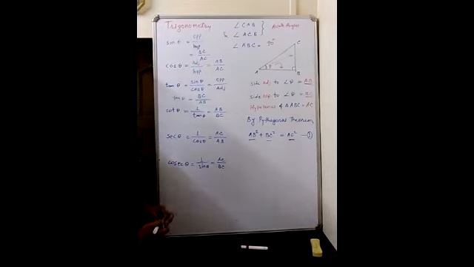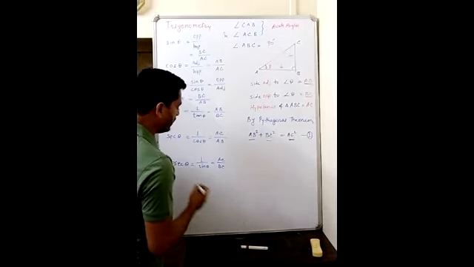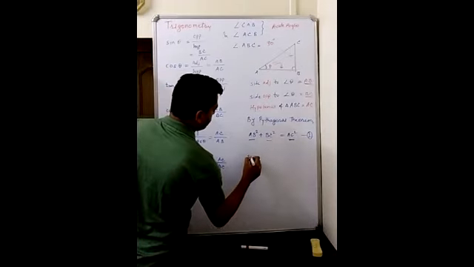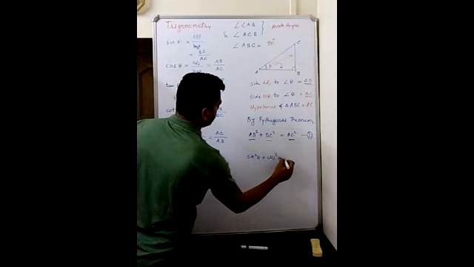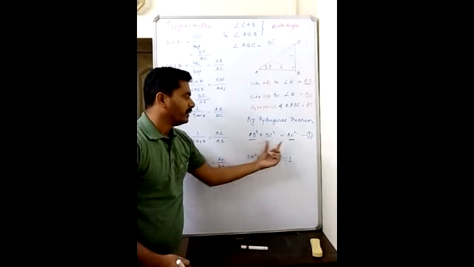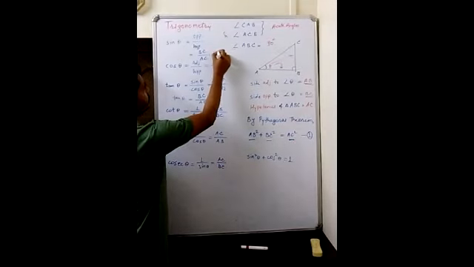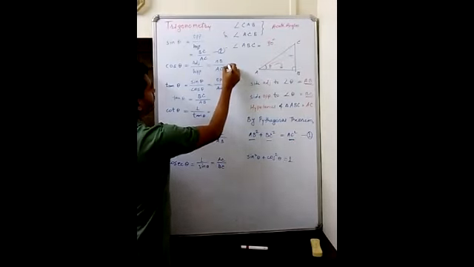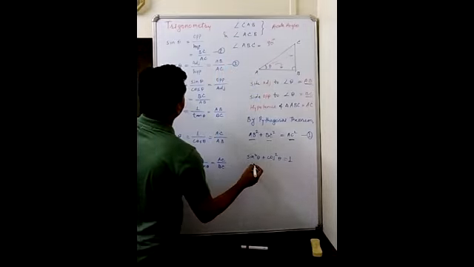Okay. So these are the equations, these are the relations of trigonometry. Now there is one relation in trigonometry, that is sine square of theta plus cos square of theta is equal to 1. In order to derive this equation, we need the Pythagoras theorem, then the sine ratio. This is our second equation, let's say, and this is our third equation. Let's begin the derivation.